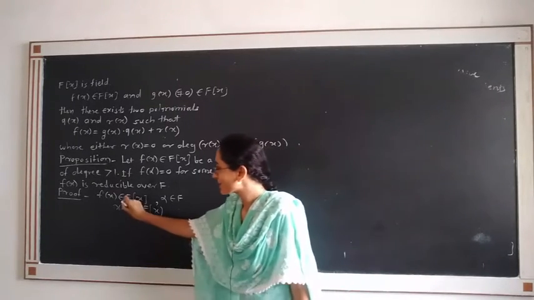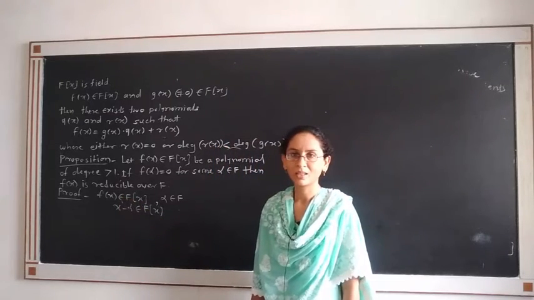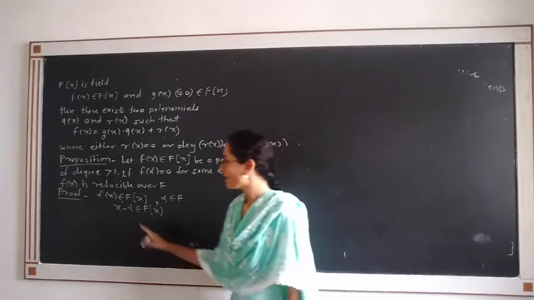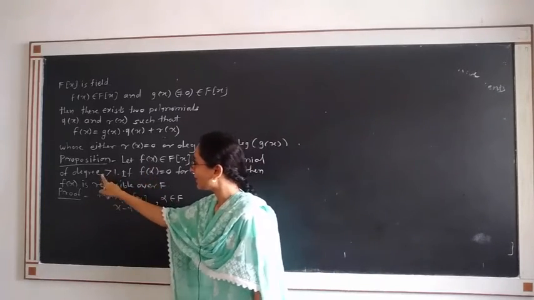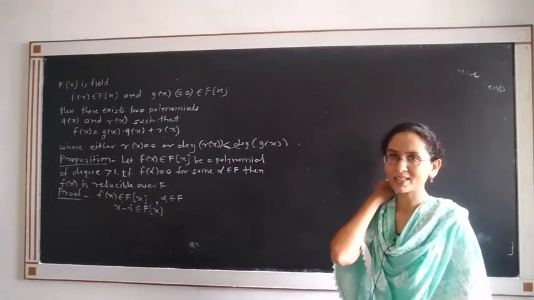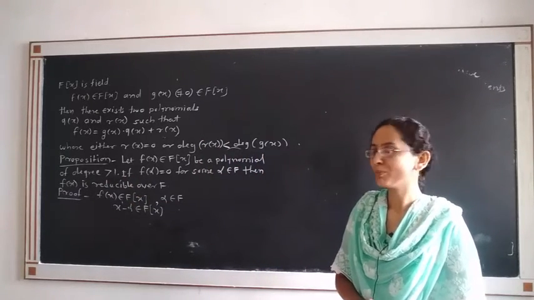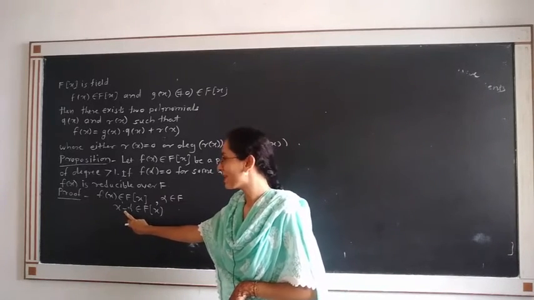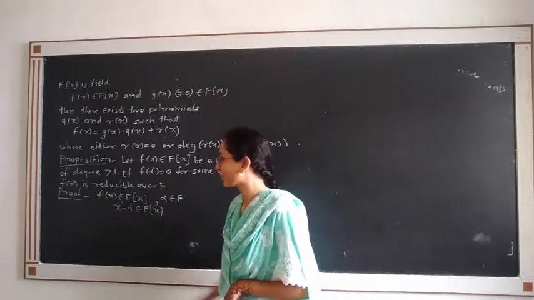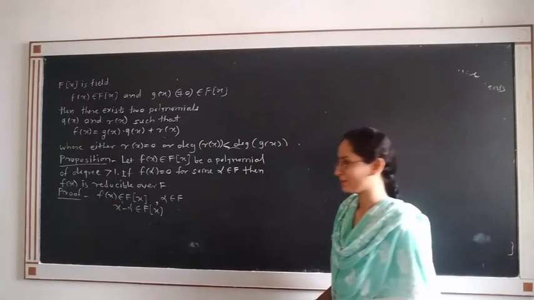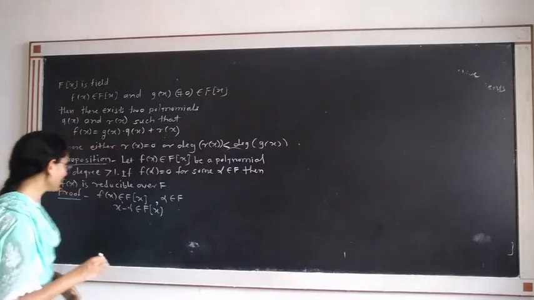See, the degree of x minus alpha polynomial is 1, and the degree of f(x) is strictly greater than 1. This means x minus alpha is the polynomial of less degree, the minimal degree polynomial. This x minus alpha has degree less than the degree of f(x). Therefore, we can divide polynomial f(x) by x minus alpha. Then by division algorithm,